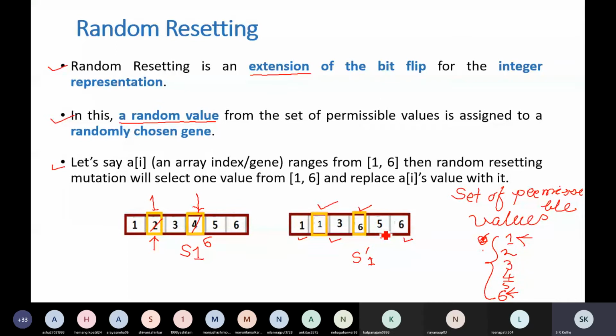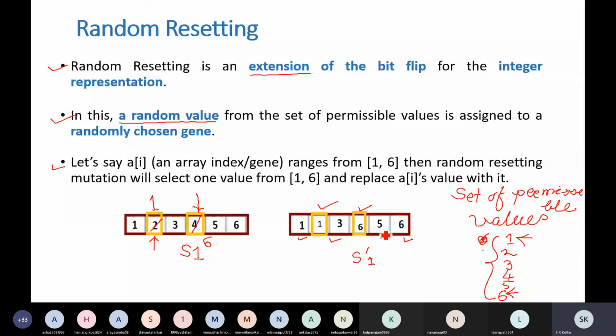So in a program, you are going to implement it in this particular manner. You are going to define an array whose range will be the size of your chromosome. Randomly one particular location will be selected, suppose the value of I ranges from 1 to 6.